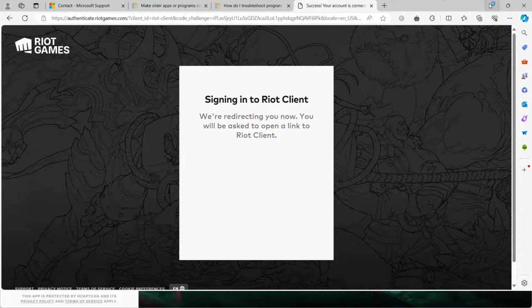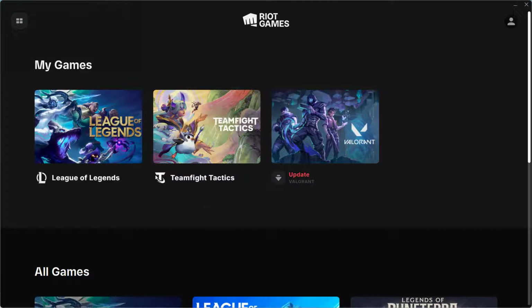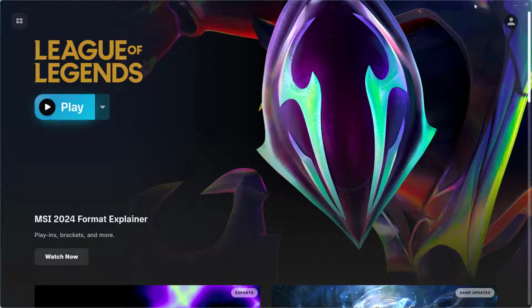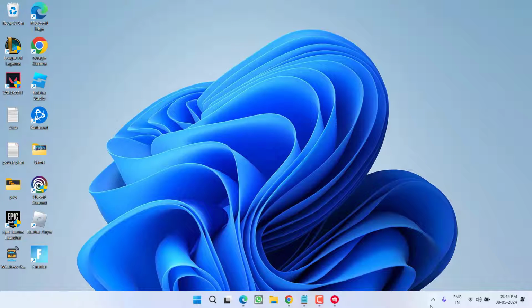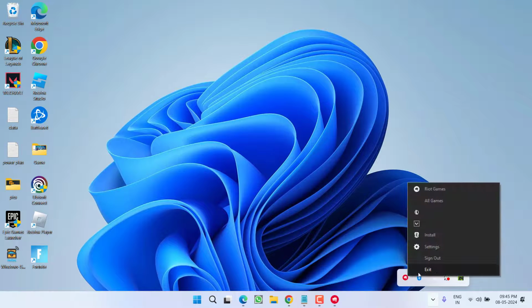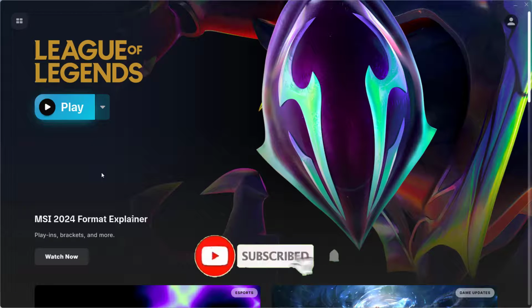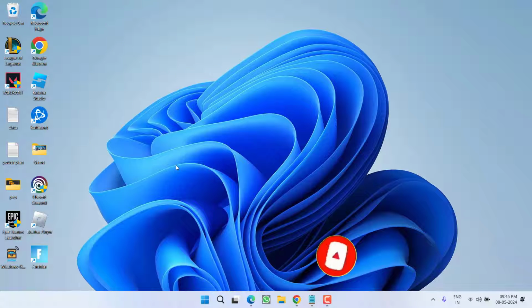Go ahead and log in. Once you are logged in, first of all click on the option League of Legends, and here is the trick. Right in the system tray, click on the up arrow key, and if you find a program with the name Riot Vanguard, simply right click and choose the option exit. As soon as you click on exit, go ahead and launch the game League of Legends within seconds, else you will not be able to play the game. These are simple basic fixes that help you launch League of Legends.